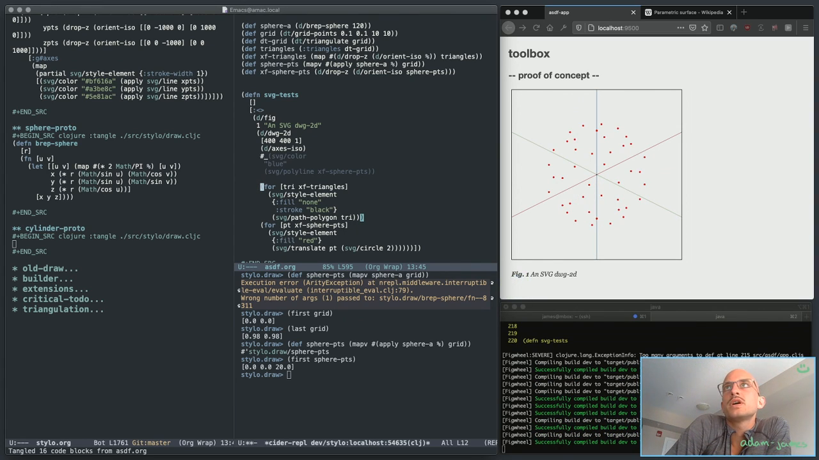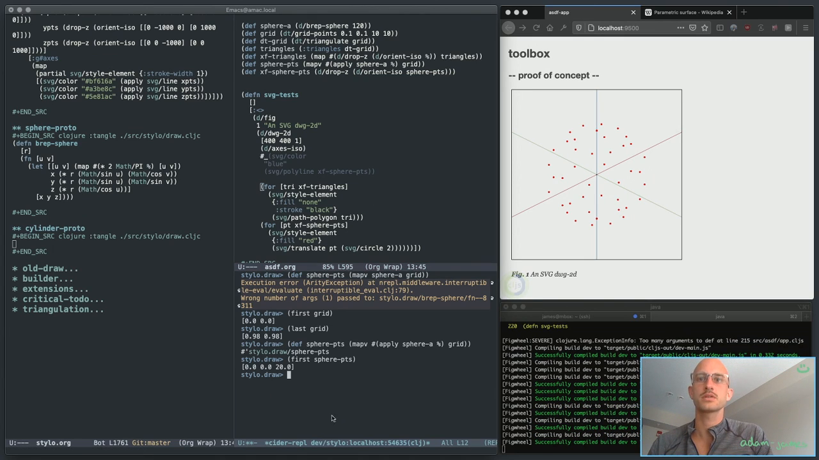Okay, so we've got a set of points at least, but we do not have transform triangles working properly, and that would be because of something I don't know yet. Oop. But I actually do have to